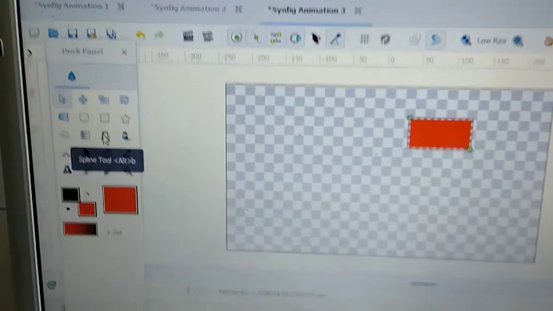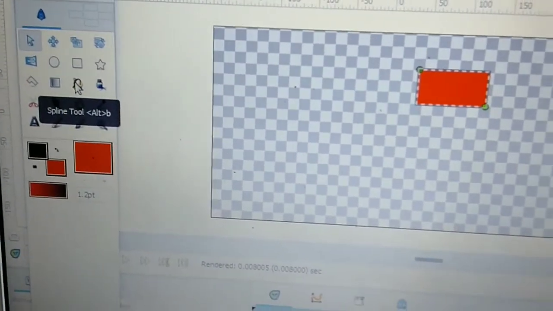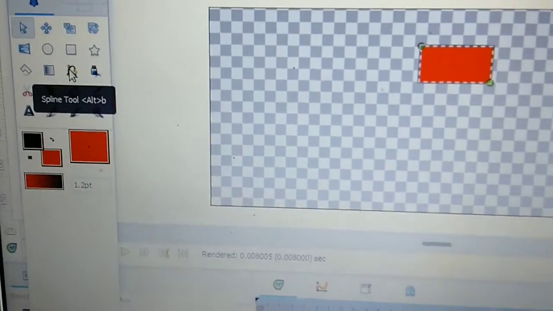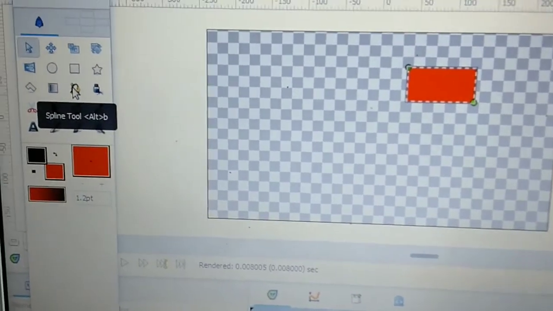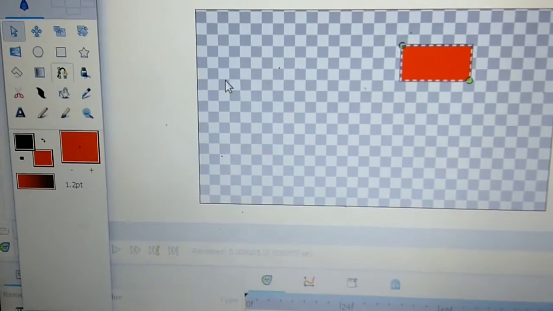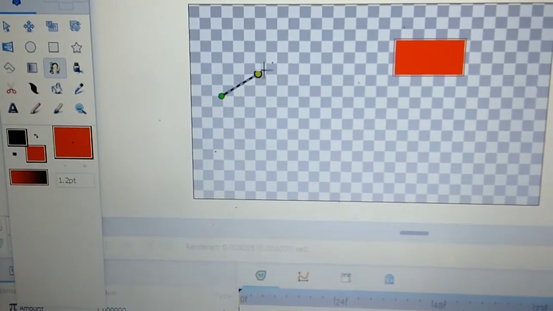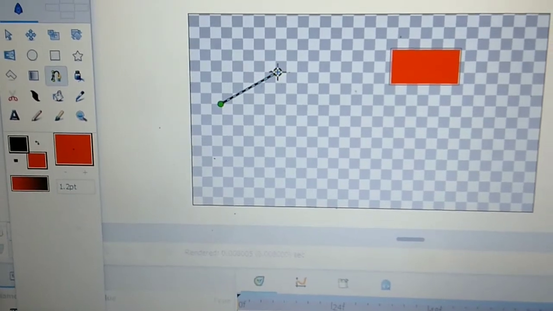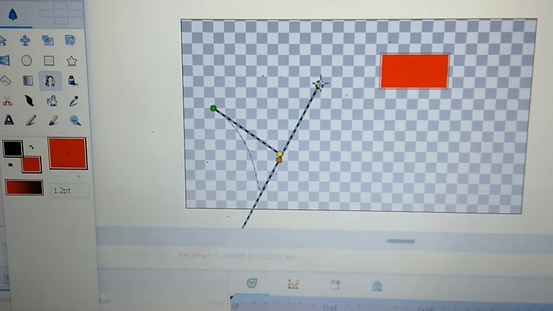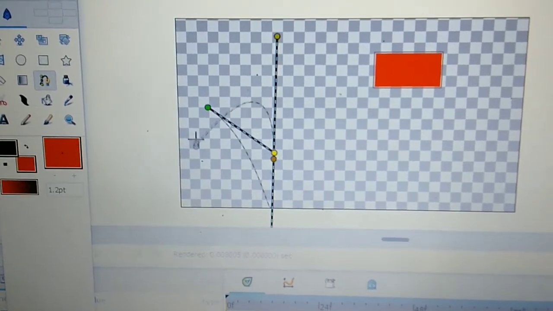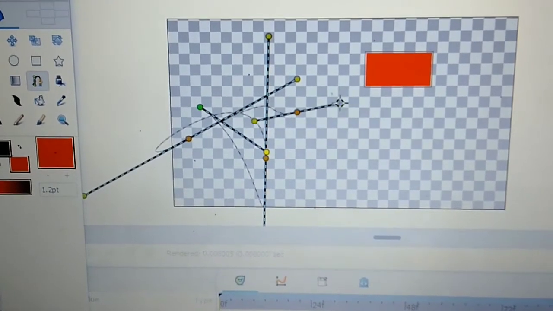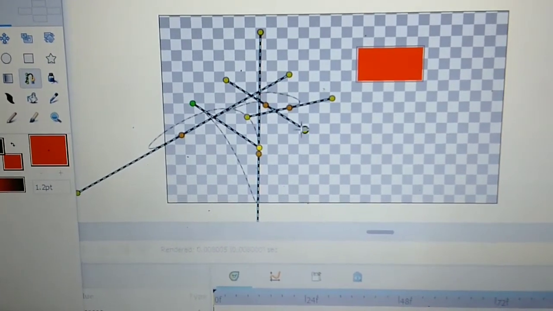Now B-line tool. Can you see SP-line tool? B-line tool is in the old version, and in the new version there is SP-line tool. Which one? SP-line. SP-line and B-line are both the same. Clear? The name has changed. SP-line tool, click. Now create SP-line tool. It means B-line tool. Can you see the number of points and number of curves? You can create any number of points and any number of curves.